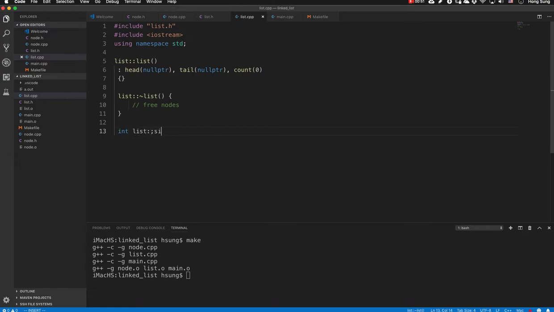Int list size, a const function, returns count, and then let's implement push front first. So push front,